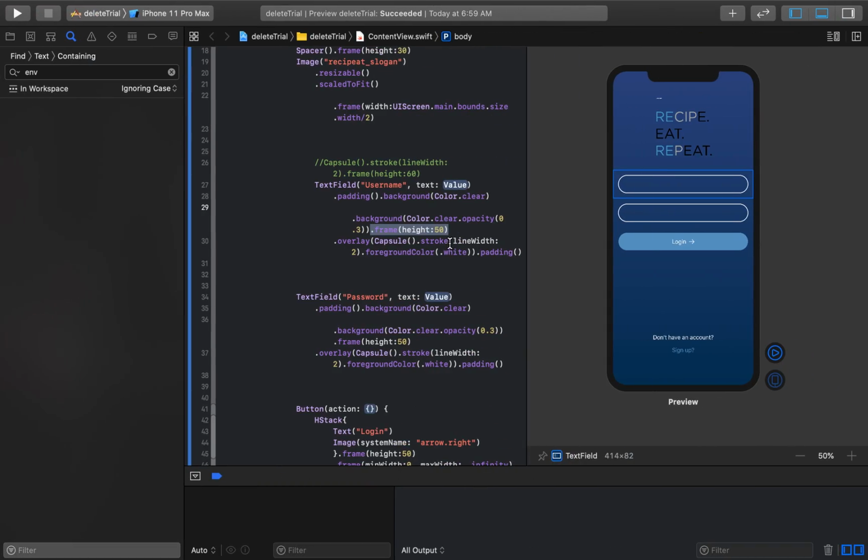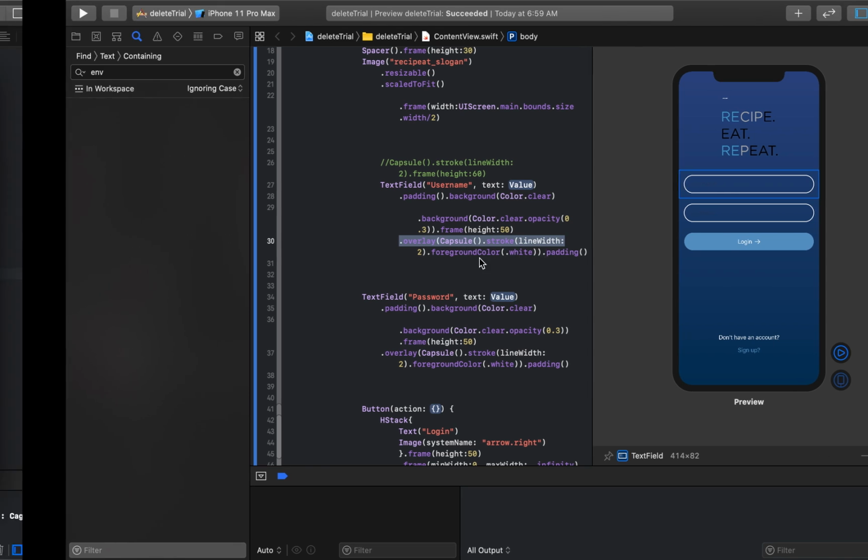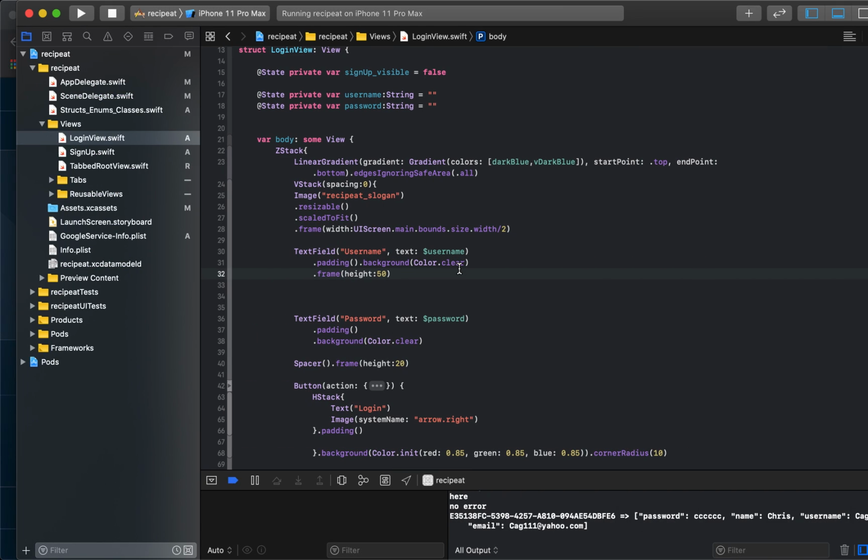Okay, and that gives the actual text field a height, and now I'm going to overlay a capsule on top. This is the capsule right here. Okay, and the capsule is going to have a stroke line width of 2 and a foreground color of white. So I'm going to say dot overlay capsule